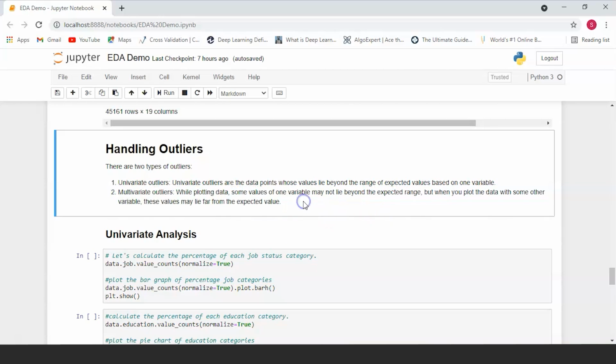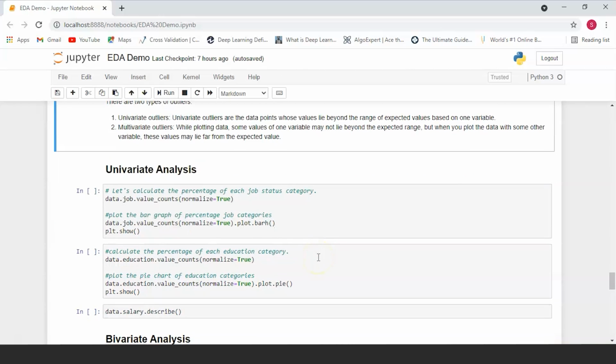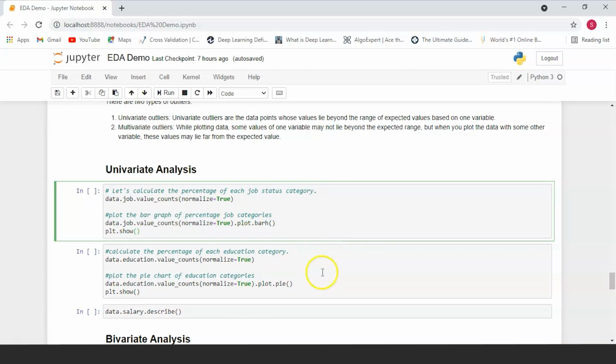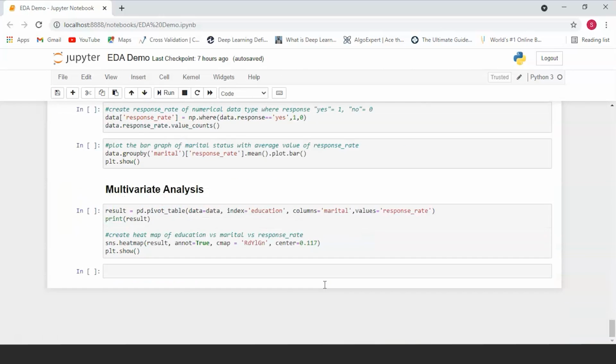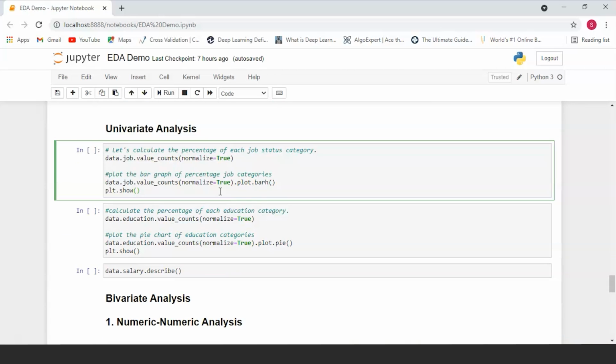They come into play when you have two variables or two columns whose data affects each other, whose data is dependent on the data in the other column. So in this case, when you take both of the columns together, that time you can see that there might be outliers which are present. So to handle these, we have univariate analysis, bivariate analysis, and multivariate analysis. Now, univariate analysis, as you already know, is when you take a single feature from your data set and analyze it.